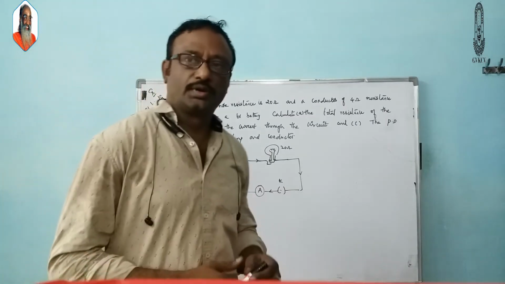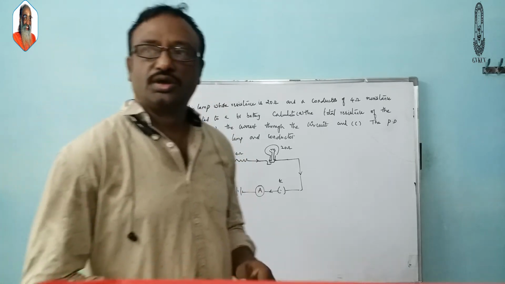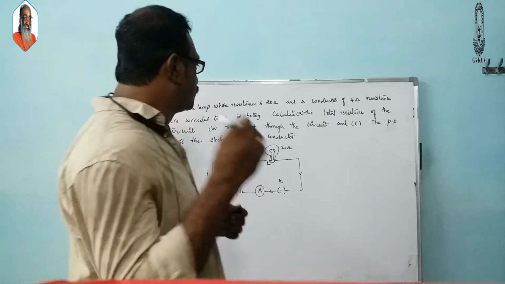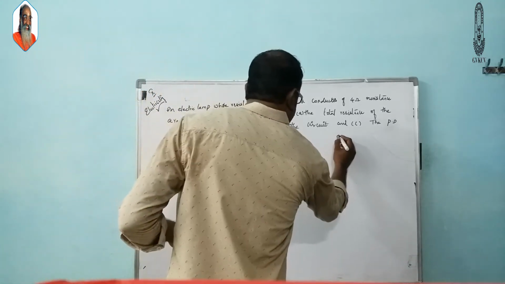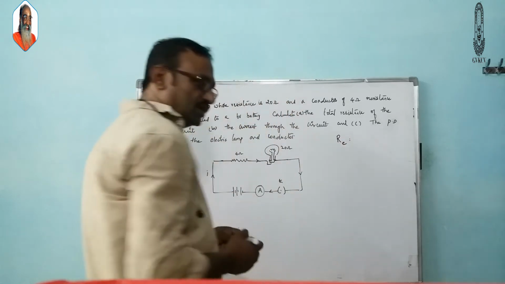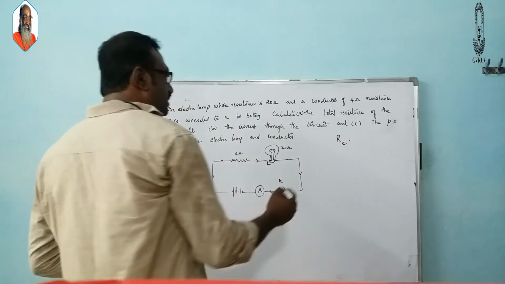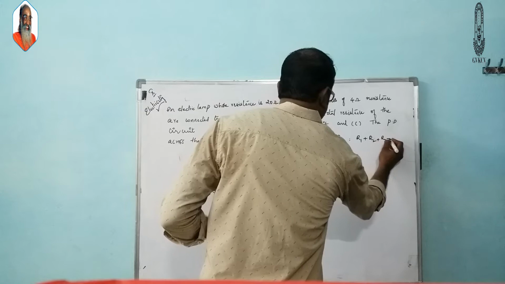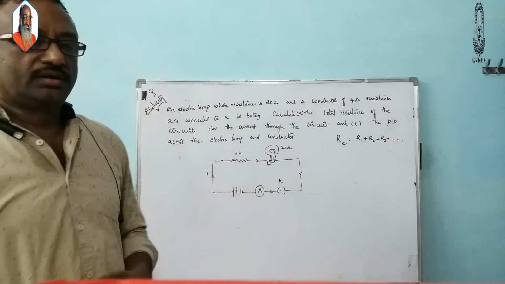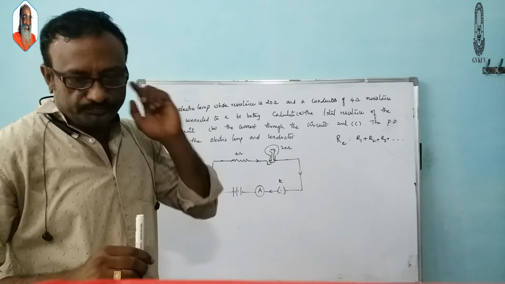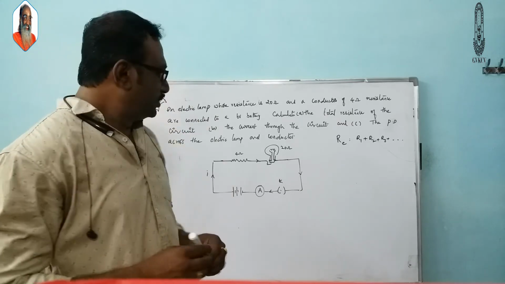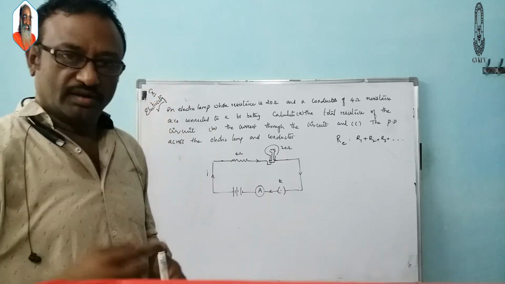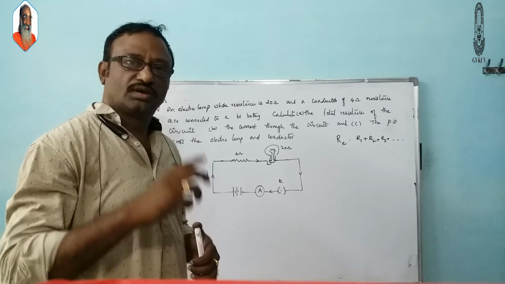Okay, in the earlier session we talked about resistances in series, and there we understood that the effective resistance or equivalent resistance is the sum of the individual resistances. And there we understood that when three resistances are connected end to end, we call the combination the